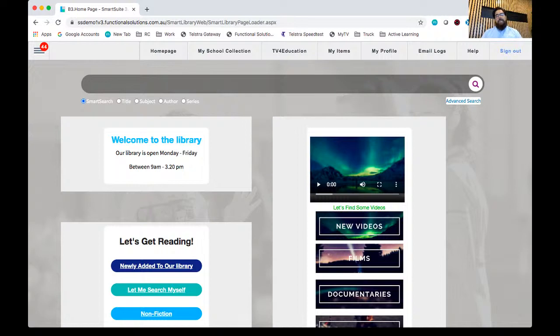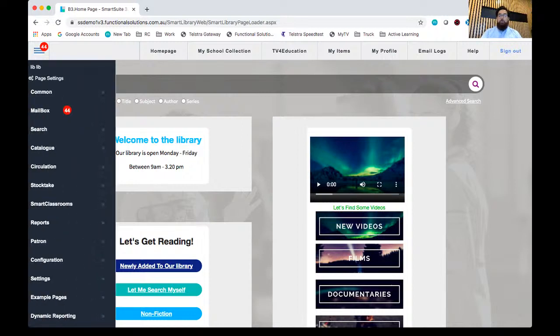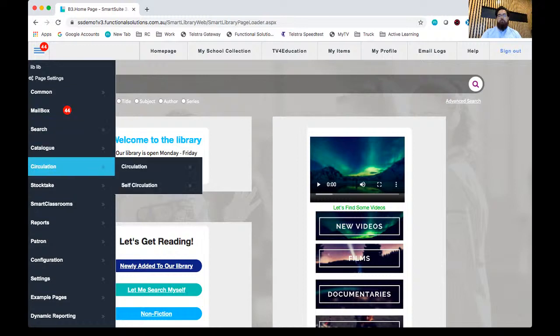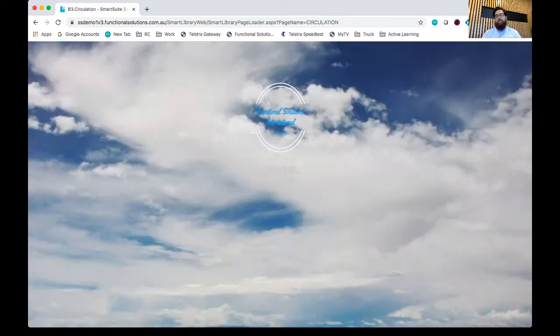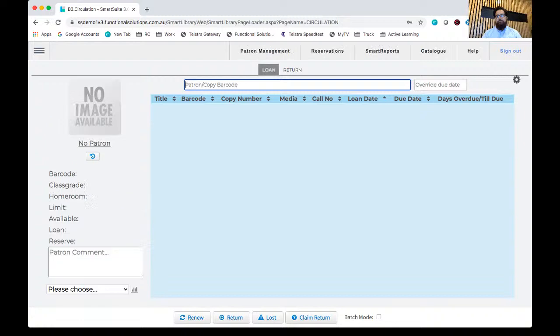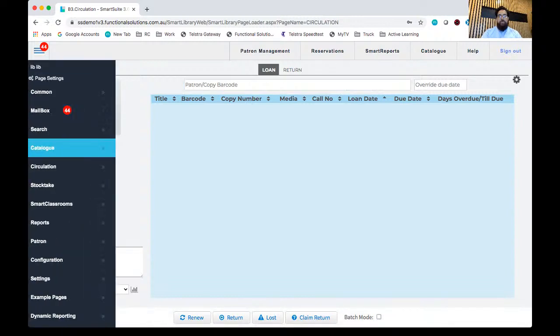Now with all of the admin areas of the system, there is going to be a common function that you need to be aware of. And that is our toolbar, which is found at the bottom of most of our screens. So if I go over to our circulation area, this is where we transact books in and out. Down the bottom of the screen, there's our toolbar, and you can see a host of different command buttons down there. If I go over to our cataloging screen,